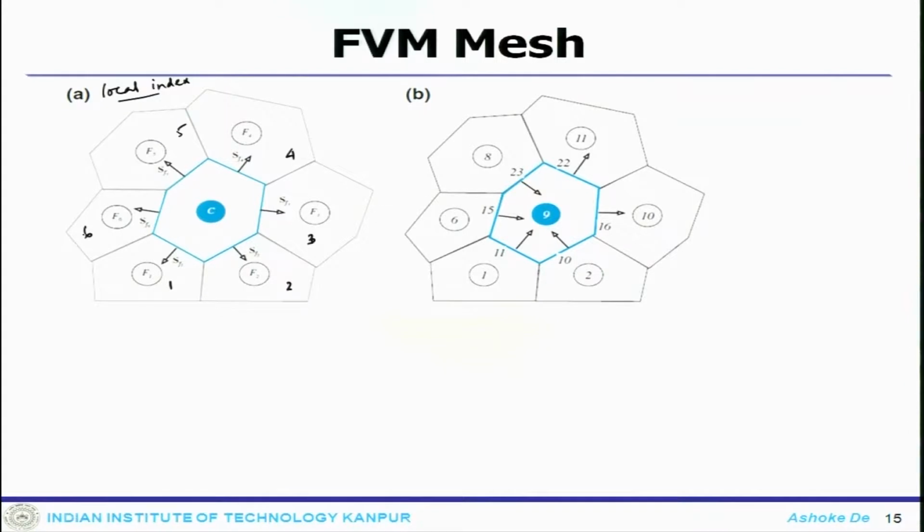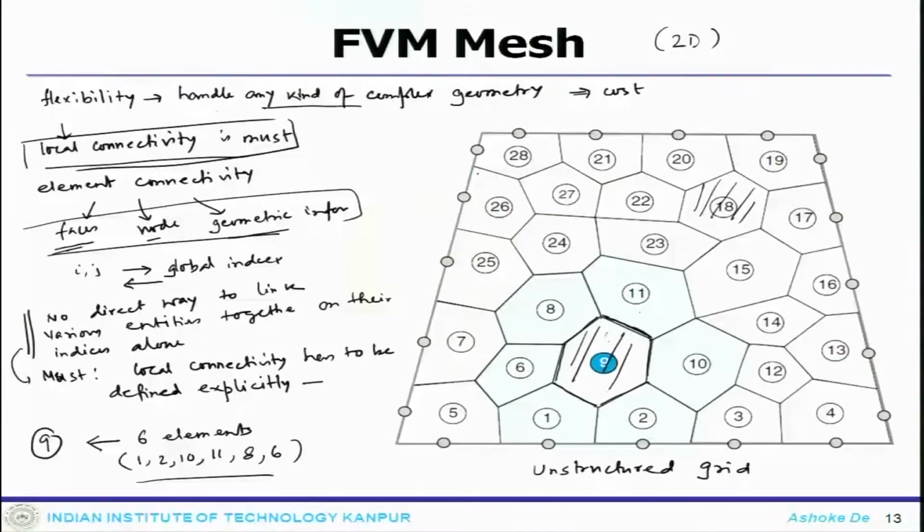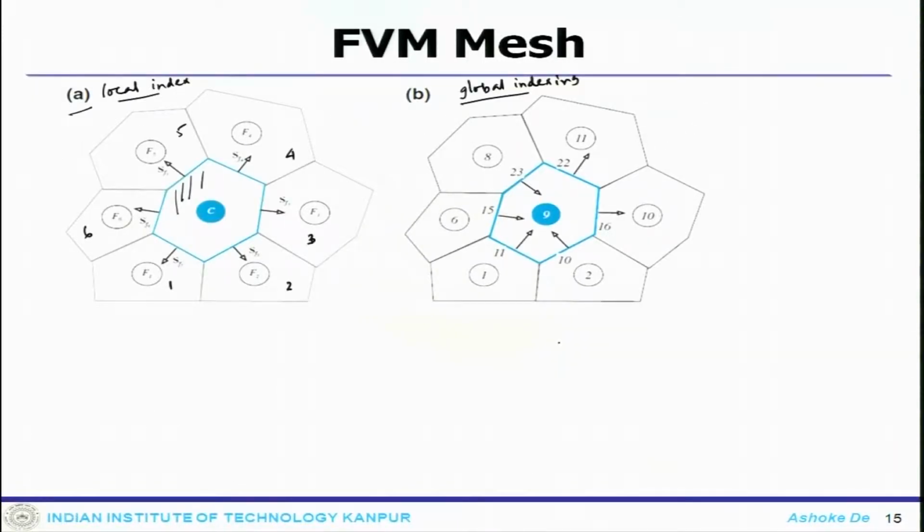So, here in this particular figure we stay in the local indexing, and if you go to the global indexing, this is how your global indexing would be associated. This is my element number 9. Here this is exactly the same element we are interested in, and 9, now 1, 2, 10, 11, 8, 6, these are my global indexing. So, if you compare the picture here 1, 2, 10, 11, 8, 6, this is how my global system was there, and I have transformed them to a local system and then local to global. So, this is how the connectivity is maintained.